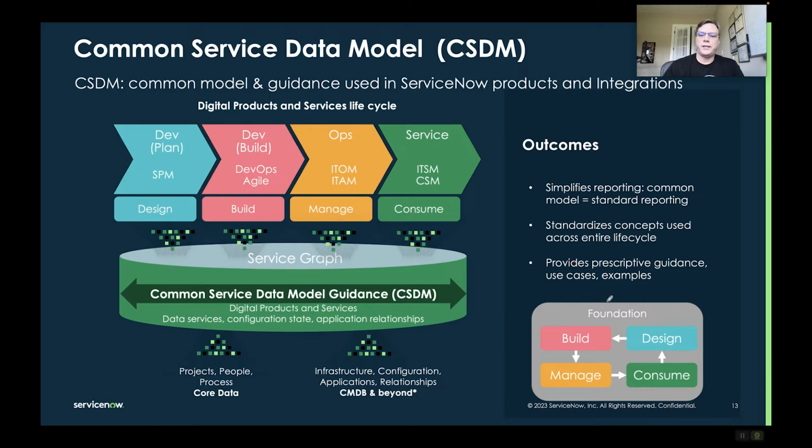Now, all of this model sits on what we call the foundations domain. The foundations domain in CSDM deals with common information that is used across all these areas. Things like location hierarchies, business unit hierarchies, product models, things that you buy or you might think about building or buying in the planning stages. And software, hardware, things like that, product models. So we'll look at these in a minute. But this gives you an idea of the 4 key domains and then the 5th foundation domain that CSDM consists